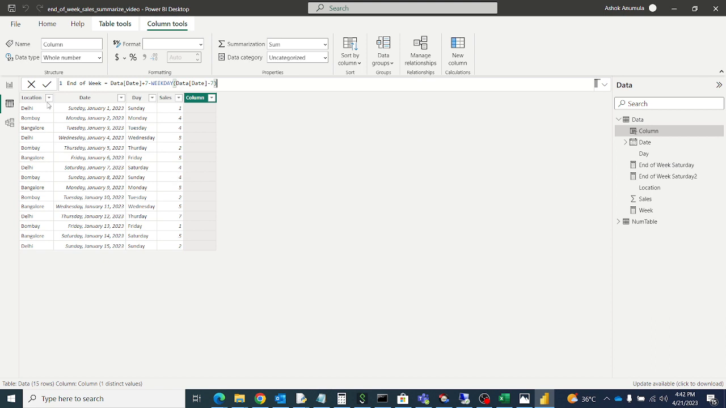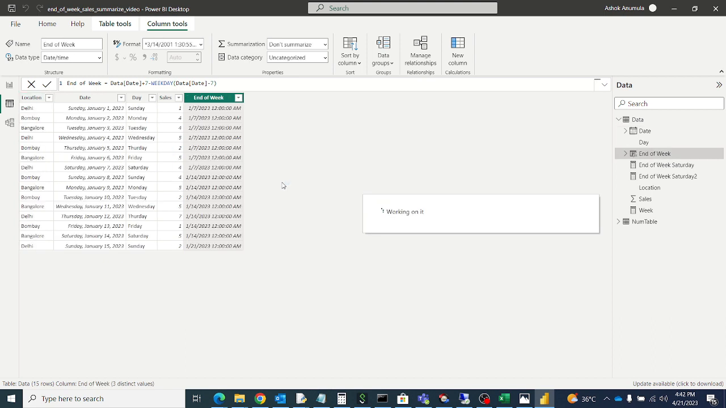Let's see the end of the week date. The week starts from Sunday, right? So the end of the week is Saturday, so for 7th January we'll get the 7th. The week starts from Sunday the 8th and ends on the 14th, so we'll get the 14th. After calculating the end of the week, now we'll use SUMMARIZE in DAX to calculate the